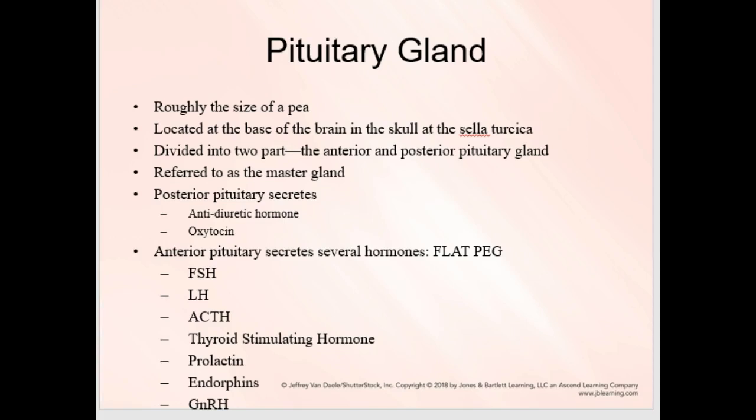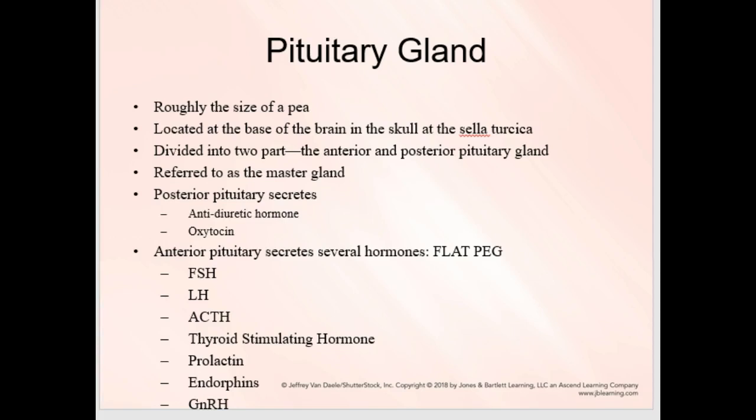So we're going to talk about some specific glands at this point and their structures and functions. The pituitary gland, and I have a picture of what it looks like. We did sort of look at a little introductory picture earlier, but I want to get some more specific. It's only the size of a pea, which is mind-boggling to me. It is also located at the base of the brain in the skull in a specific area called the sella turcica, and I'm going to show that to you in the next picture. It's broken up into